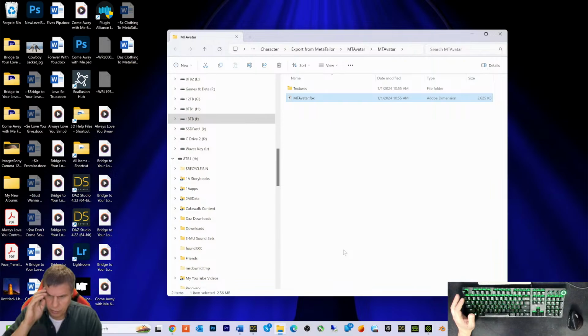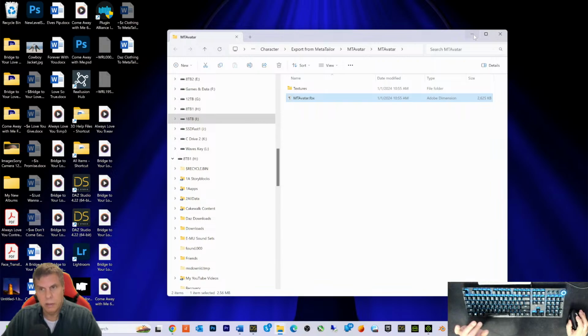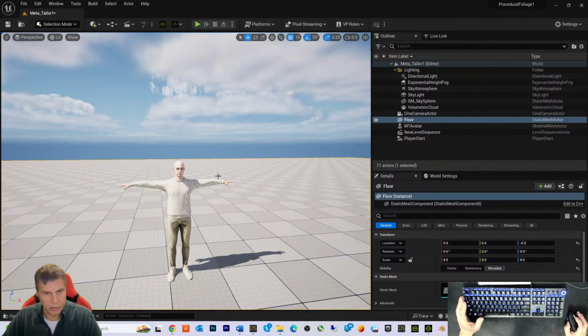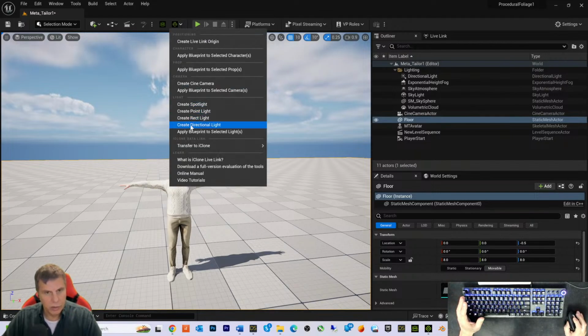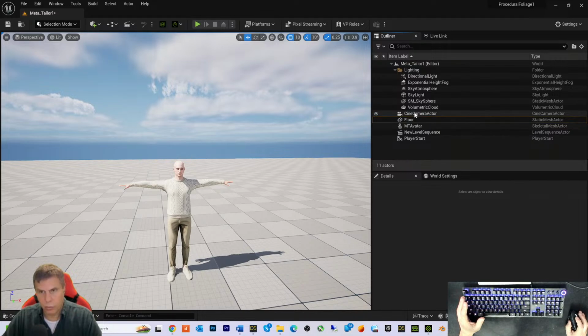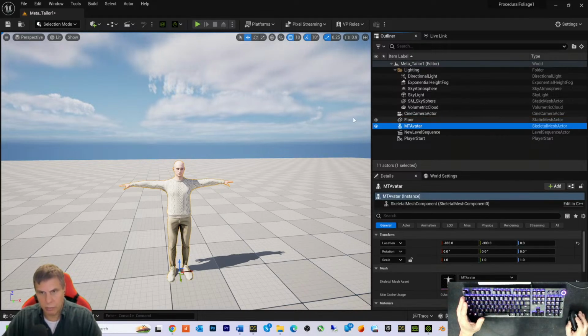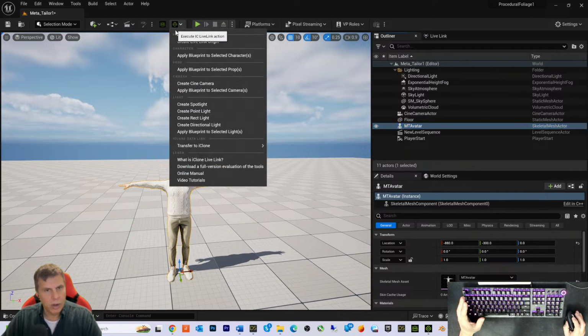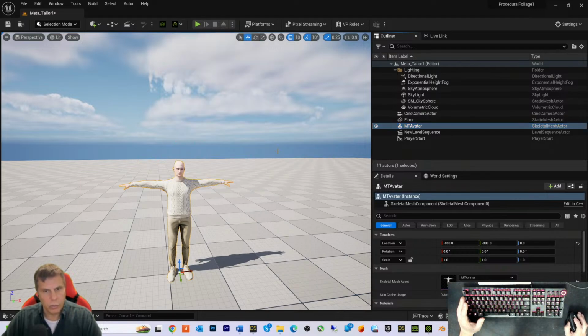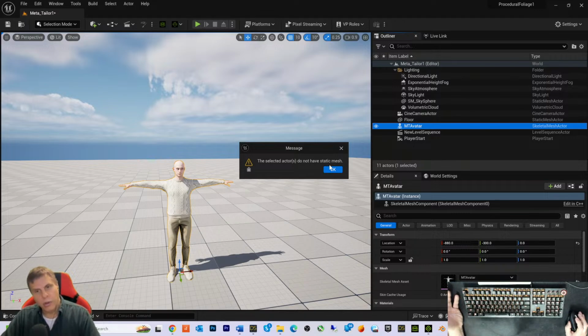I believe you can bring your Meta figure from Unreal into iClone. Now, might not be able to bring this guy. Let's see now. Transfer. Okay, that's the floor. We want the figure here. Where is it? This empty meta avatar. Okay, transfer to iClone. So they do not have static mesh. So